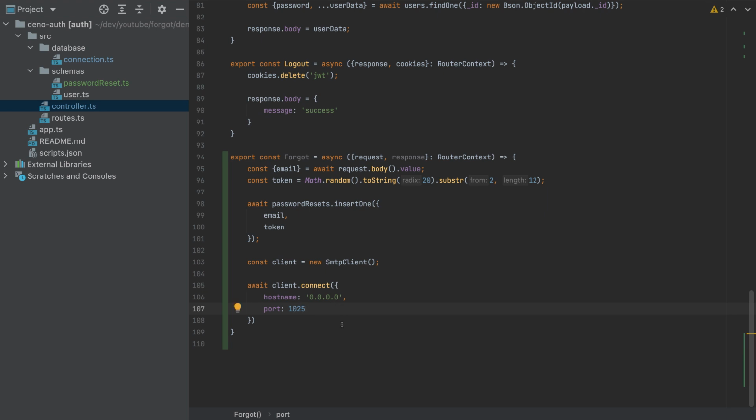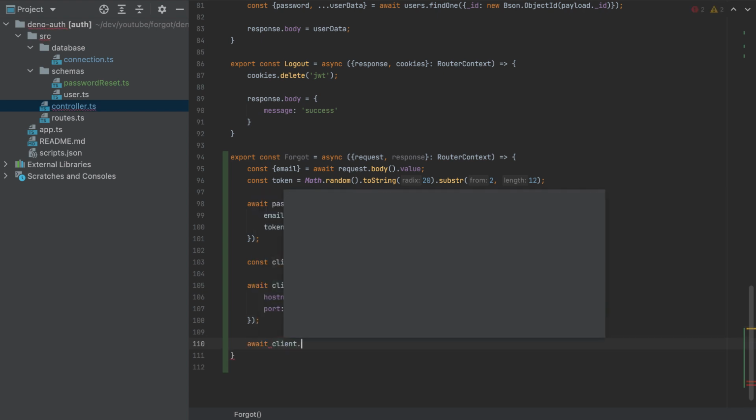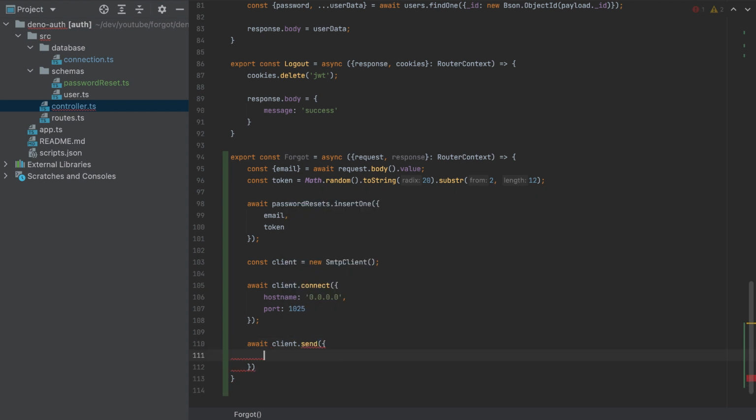And that's it. So we connected with Mailhog here, and we will simply await client.send, and we will send our email. Our email is from admin@example.com. We need a to. So a to is this email that we send in the request. We need a subject,